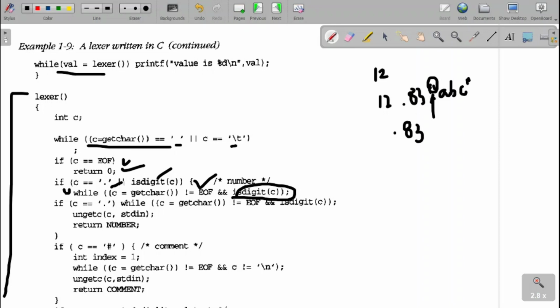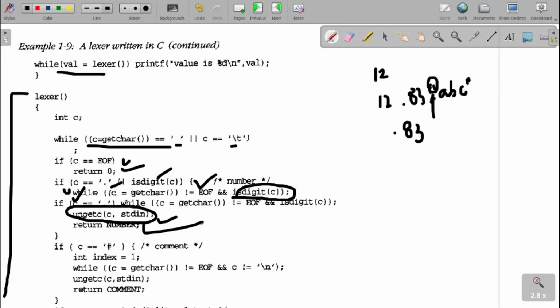You need to put back that character, for which I am using the function ungetc, which will put back the character stored in c. So as long as I am getting a dot or a digit, that comes under the number. Once I read other characters, I will put them back and return it as a number over there. So number is the token. Fine.